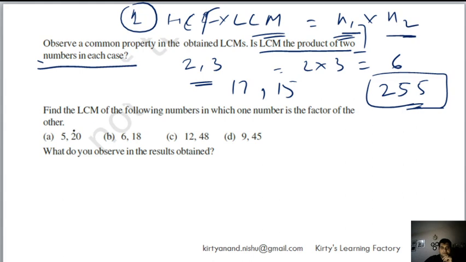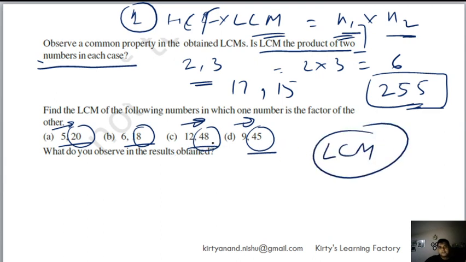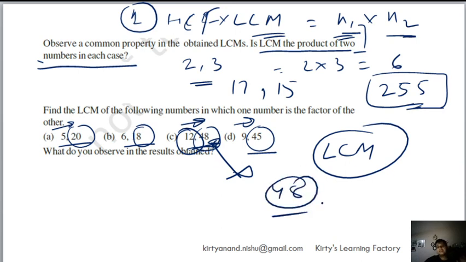Now once again see that if there are two numbers, okay, and all these pairs I have put on purpose, you see that the larger number is nothing but a multiple of the smaller number, right? 18 is a multiple of 6, 48 is a multiple of 12, 45 is a multiple of the smaller one. So in this case, whatever is the larger number, that will be your LCM, least common multiple. Why? Because 48 is a multiple of itself, we have studied, and then for 12 also it is a multiple. So the smallest multiple of 48 is 48, and then 48 is a multiple of 12. So therefore the least common multiple will also be 48. You don't even need to find out LCM. That's the concept.